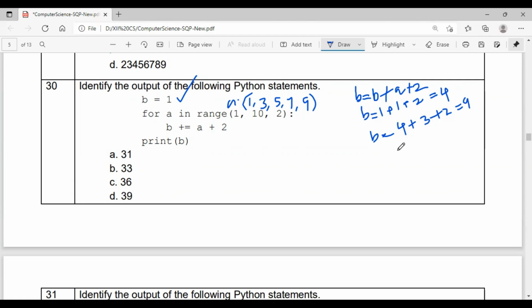Now a will take up the value 5. So b is equal to how much? 9 plus 5 plus 2. So 7 plus 9 is how much? 7 plus 9 is 16.